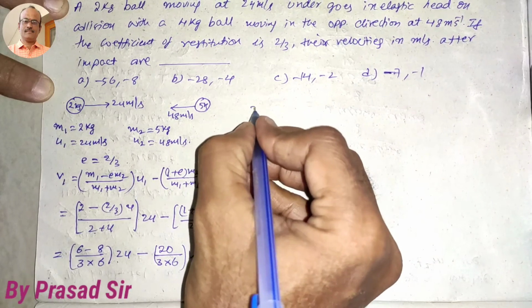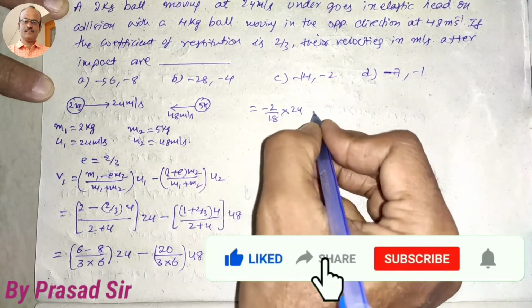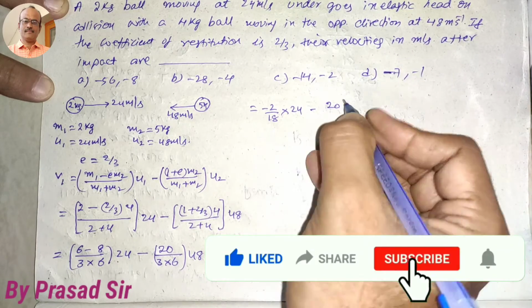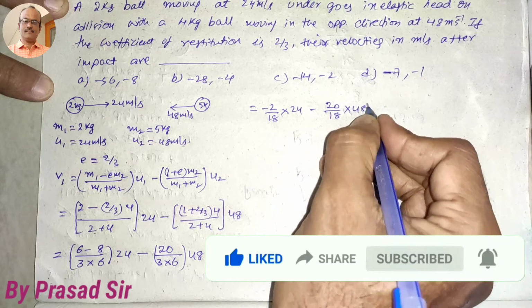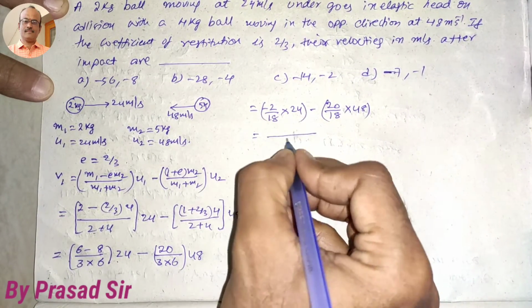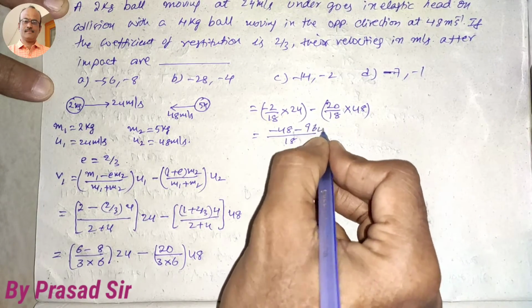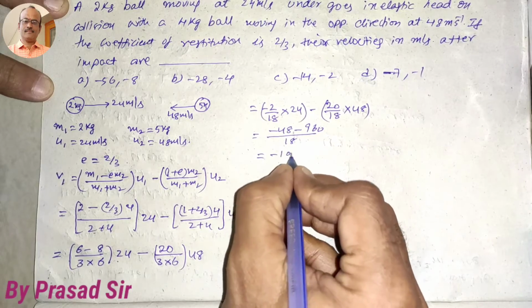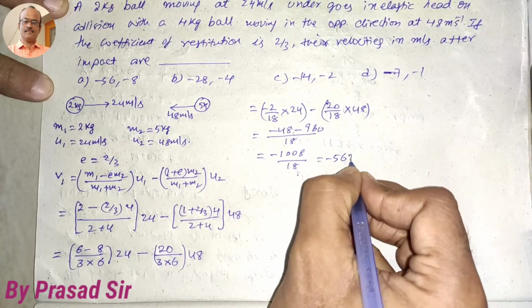So minus 2 by 18 into 24 minus 20 by 18 into 48. LCM is 18: minus 48 minus 960 is equal to minus 1008 divided by 18, which is equal to minus 56